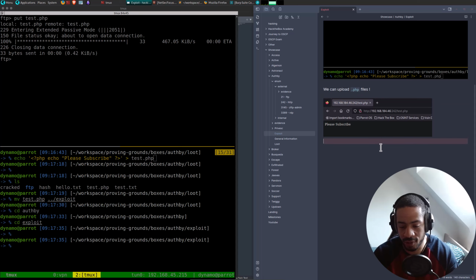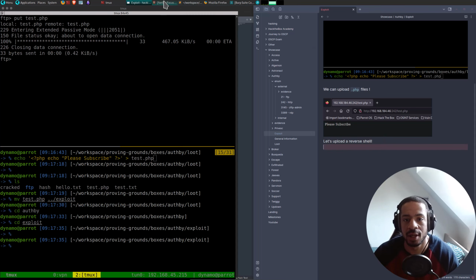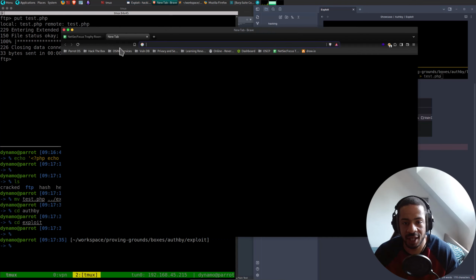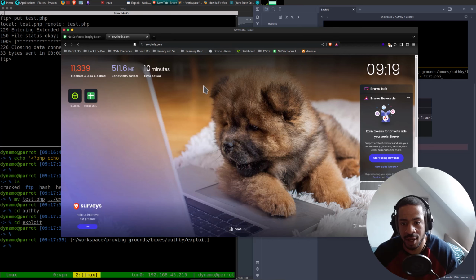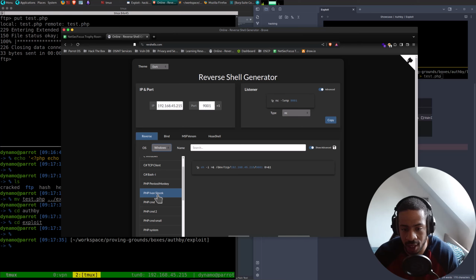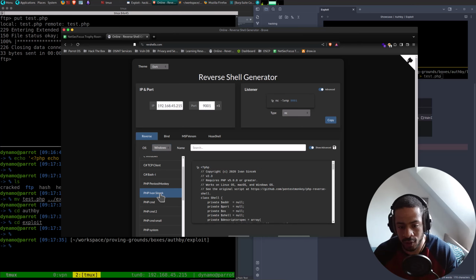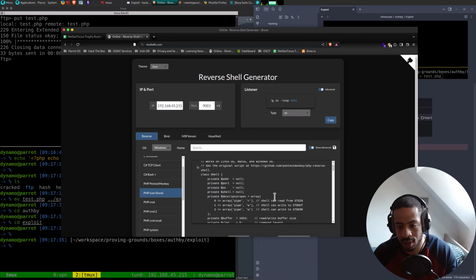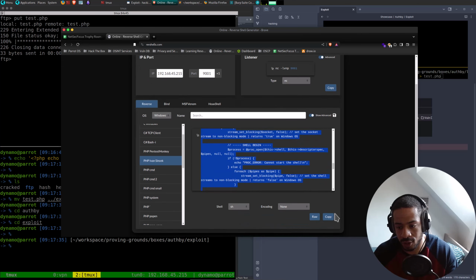So let's upload a reverse shell. Let's go on the internet, the interwebs. Let's go on RevShell, take our IP, put it here, not use a stupid port, and go to Windows, PHP. This one works for me most of the time, so let's copy that, or just go here and copy.